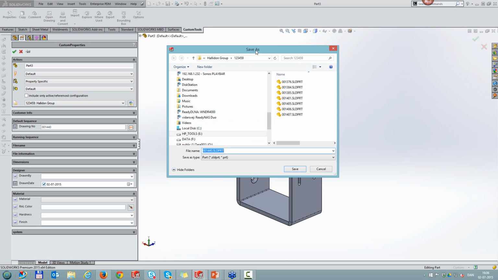And this time the browse dialog shows up. So now I can move up one level, or I can create folders if I wish to, or I could just save it to the specified location. So this is saved to eDesign Halidon Group 1, 2, 3, 4, 5, 9, and this is my project name